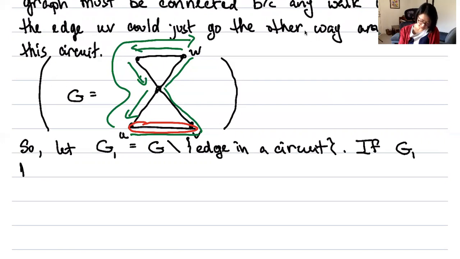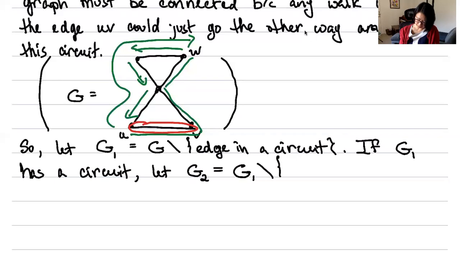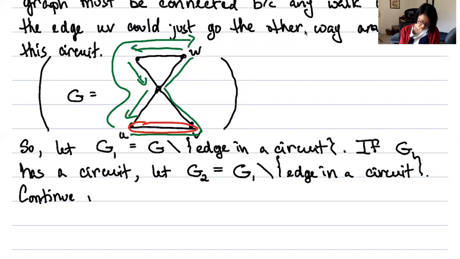So if G1 has a circuit, I'm going to break that circuit too. I'm going to let G2 equal G1 minus some edge in a circuit. And I'm going to continue in this way, where if I remove an edge, I break a circuit. If my graph still has a circuit, I'll break another circuit until